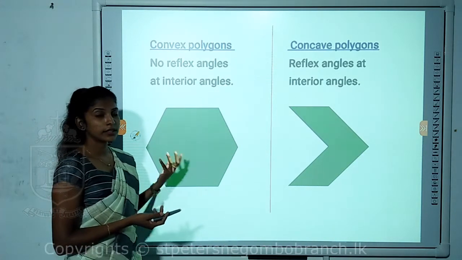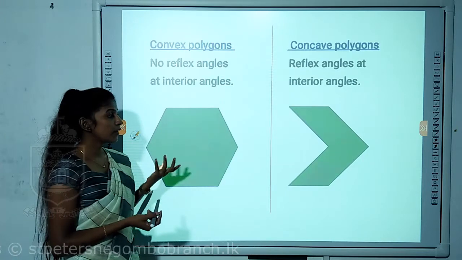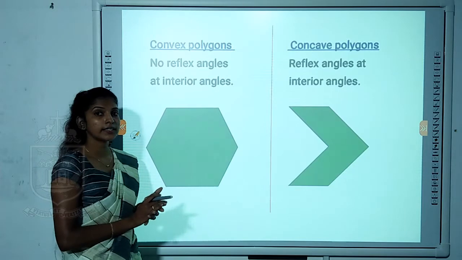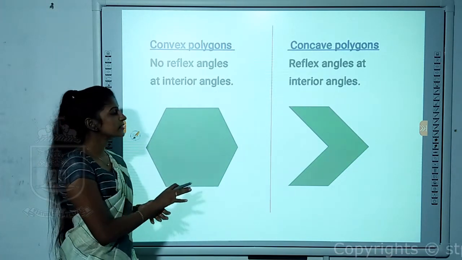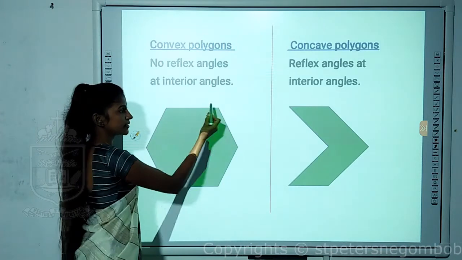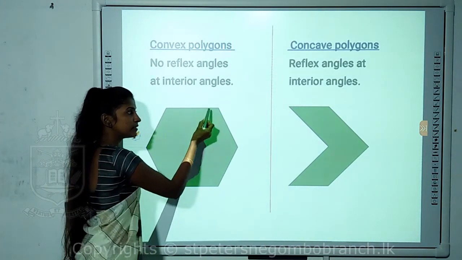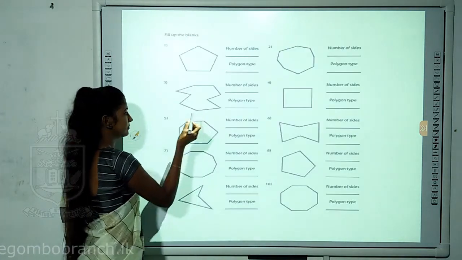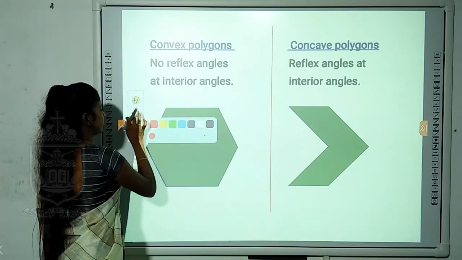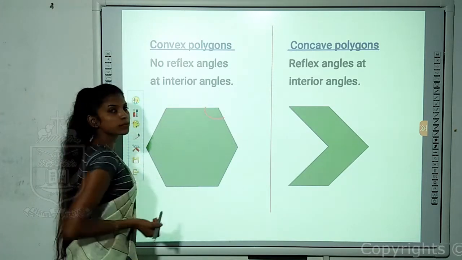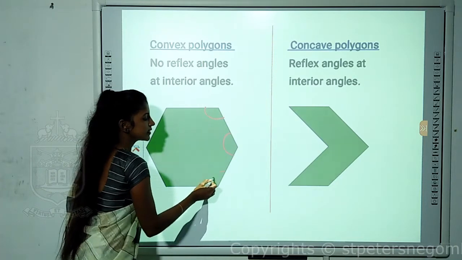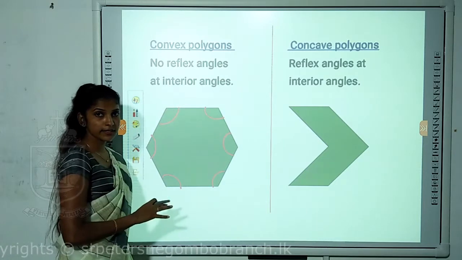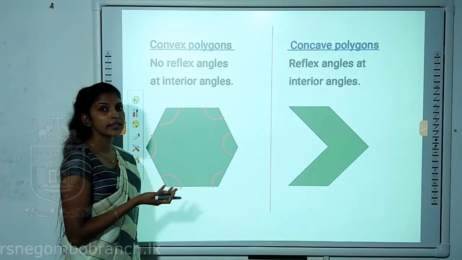For it to become a convex polygon, you always have to check the interior angles. What do you call interior angles? Interior angles are the angles located inside a polygon. So, here you all can see it is bounded by straight lines. The point at which two lines meet, this is where an angle is formed. Likewise, there are 6 angles in this figure, always according to the number of sides. It has 6 sides, therefore it has 6 interior angles.